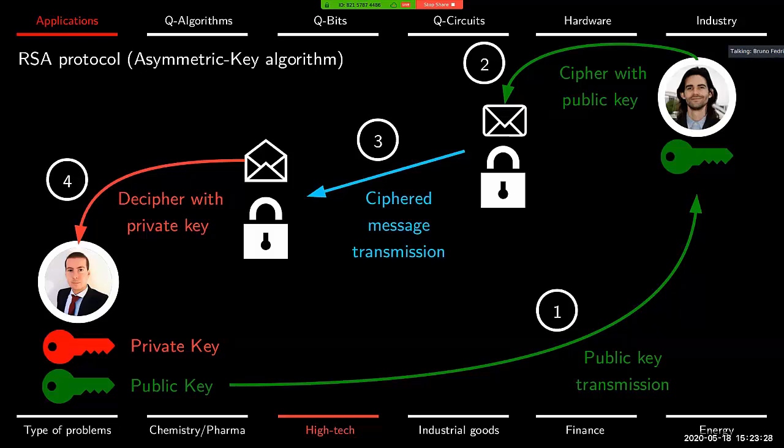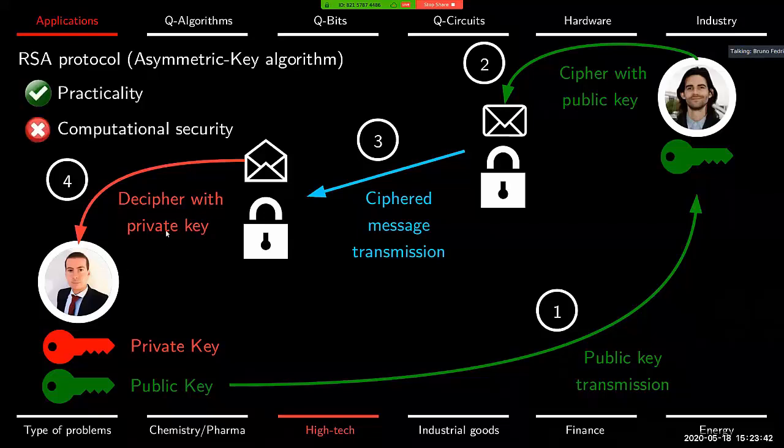And factorizing, if the key is long enough, is something that is really resource consuming. If you increase the size of the key, the time to solve the problem will explode. So with the RSA protocol, it's very practical to implement. You communicate the public key and you decipher with the private key, but it's just a level of security that